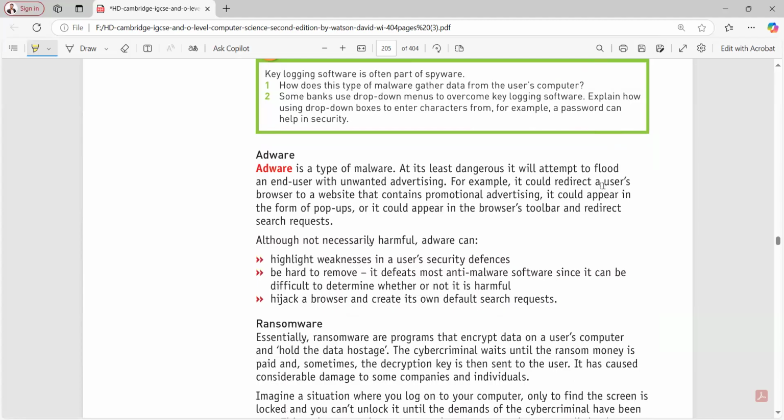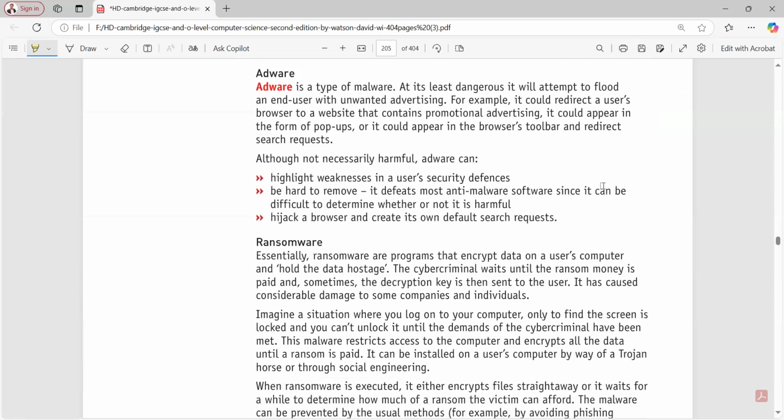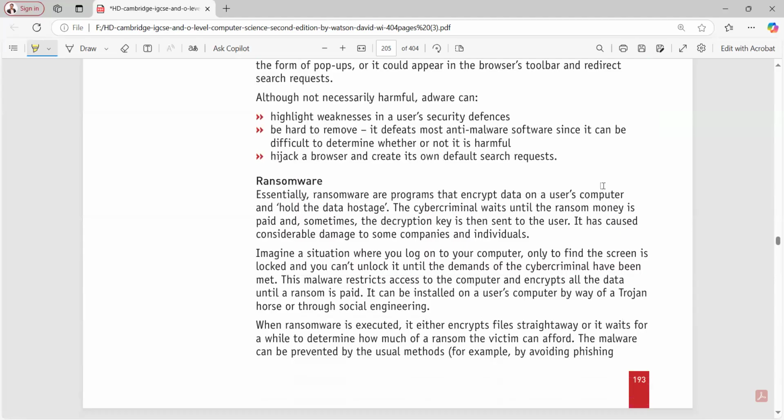For example, it can redirect a user to a website with promotional advertising, or pop up in your news feed. What adware does is highlight weaknesses in a user's security defense. It can be hard to remove, and it can even hijack your web browser or create its own requests.